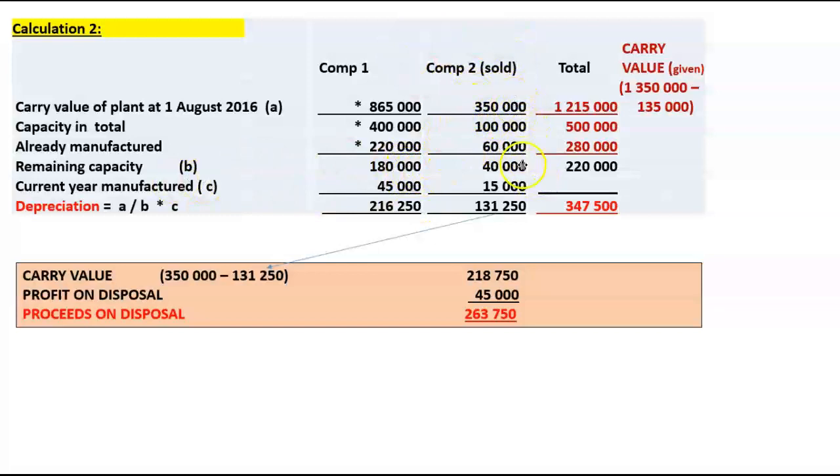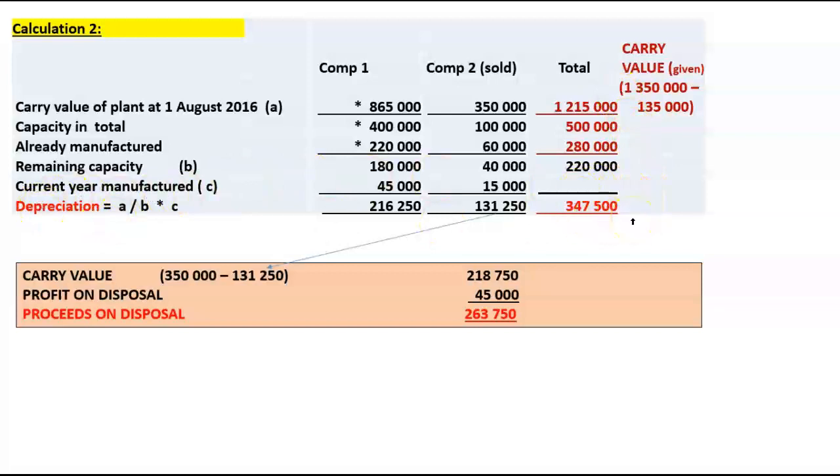The remaining capacity on component 2 at the beginning of the year was 40,000, so 350,000 divided by 40,000 multiplied by the number of units this year, 15,000, and that will give us total depreciation of 131,250. So if I add the 131,250 and the 216,250, I will get my total depreciation for the year of